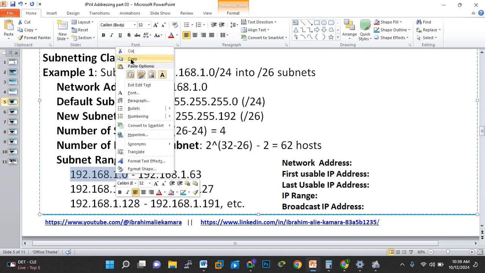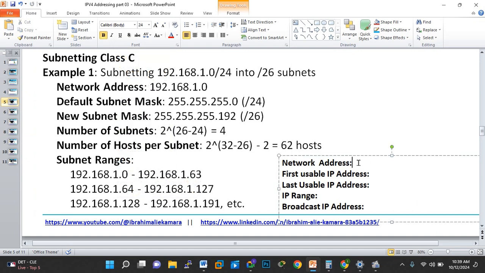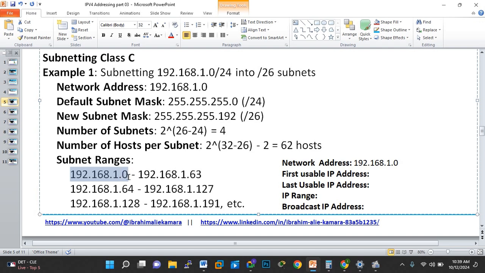We can take this first network. This is your first network on paper. Now they say the first usable IP address. The first usable IP address for this network now is